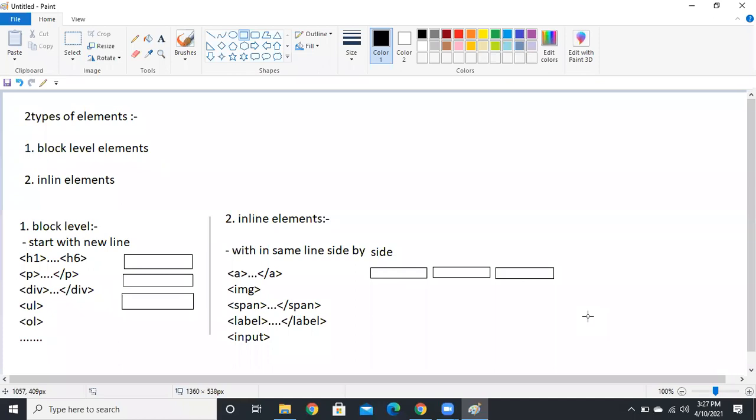So what do you want? You want a table or form or heading or paragraph, whatever, just integrate as per your client requirement. So this is about inline and block. Just roughly take it: block elements and inline elements.